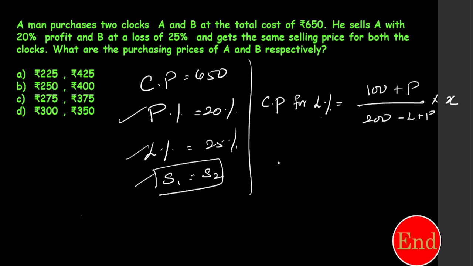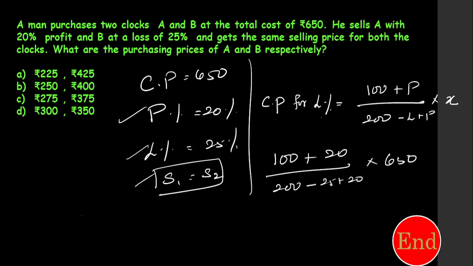Look at this. So let's find this: 100 plus profit is how much percentage? 20 over 200 minus loss is 25 plus profit is 20, into 650. That's it. So numerator 120, here it will be 195 into 650. So the answer will be